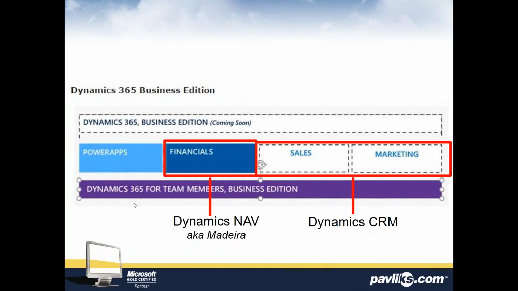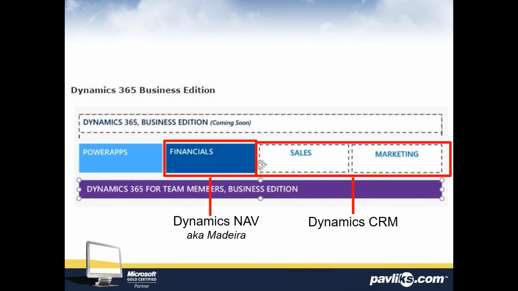If you look at the business edition, this is what I meant about it's not fully baked yet. So this is where we're a little bit disappointed with Microsoft in how they came to market so quickly with Dynamics 365. We believe that it's the right decision to bring these together because they have mature products that can speak well together, but they've kind of gone too quickly when it comes to how they've packaged the business edition